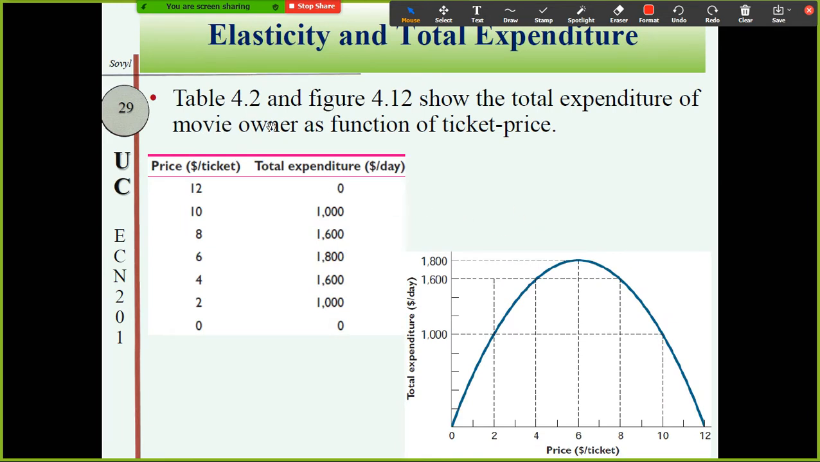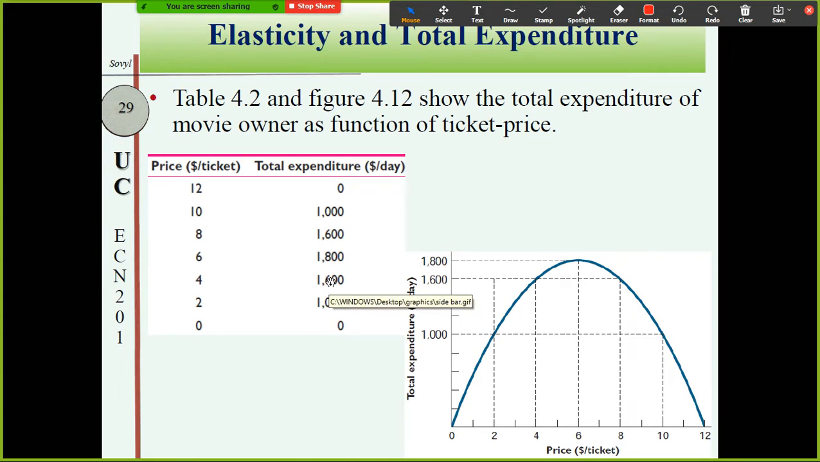So this is a graph that represents the price change and total expenditure per day for buying movie tickets. When the price is low, you cannot buy because there is no supplier. But when the price is 2, suppliers come, total expenditure 1,000. When the price is 4,